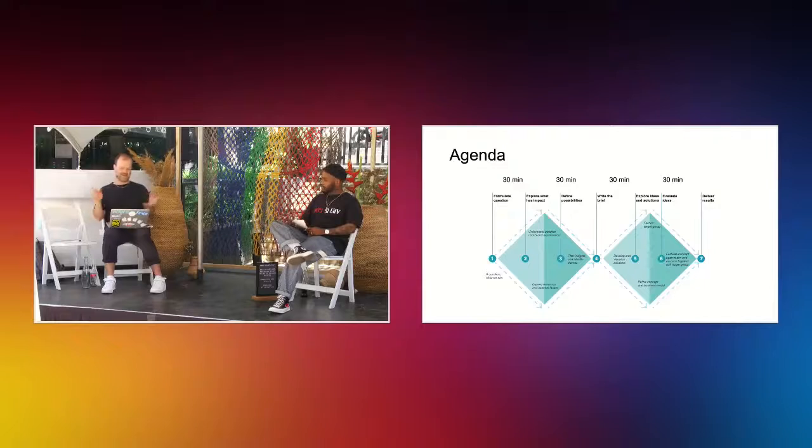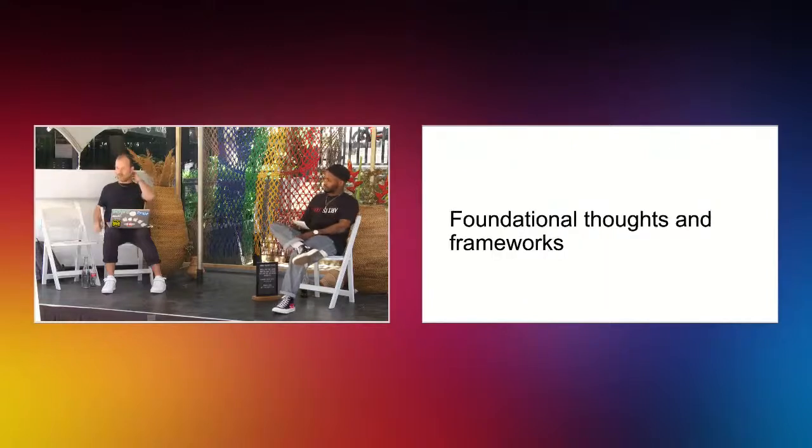So we're going to do something like this. Normally what you do is you formulate a question, you explore what has impact, you define possibilities, you write this design brief, you explore ideas and solutions, evaluate ideas, and then deliver results. So something like that. So what I want to start with, and I want to explain a little bit how